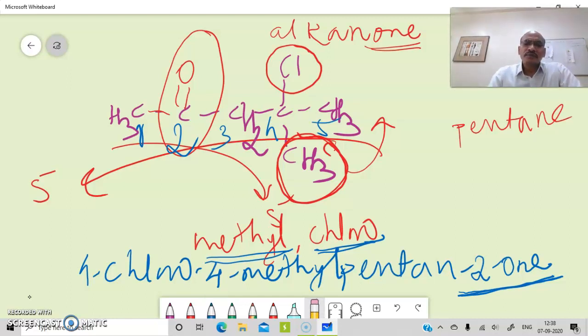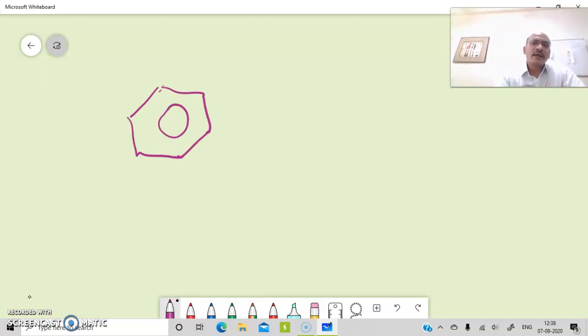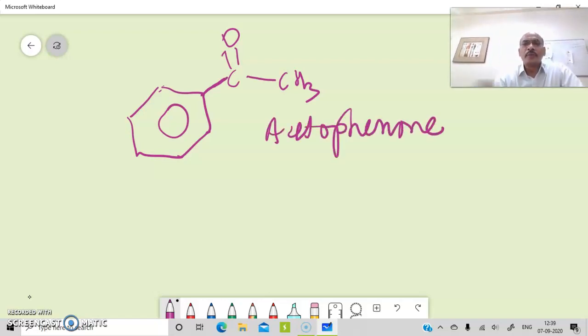Okay, we will proceed to aromatic ketones. Here, for aromatic ketones, I am taking an example. What are aromatic ketones? The ketonic carbonyl carbon must be attached directly to at least one aromatic ring. So here this side is connected to a benzene ring, and on the other side, if I write methyl, it is also okay. It is an aromatic ketone. Its accepted IUPAC name is acetophenone. So here its name is acetophenone.